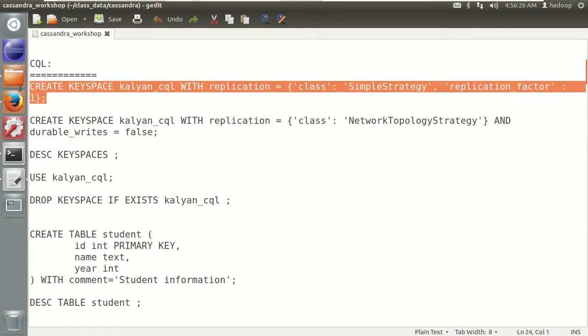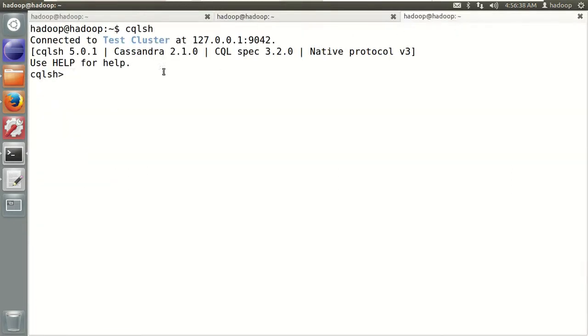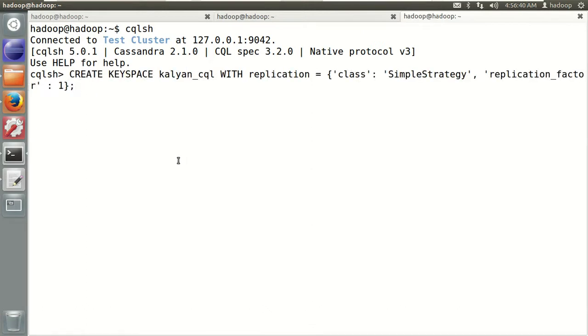Let me create one with the SQL command, with my keyspace name Kalyan_SQL. I have to do it only in the SQL one. Okay, and this is created.